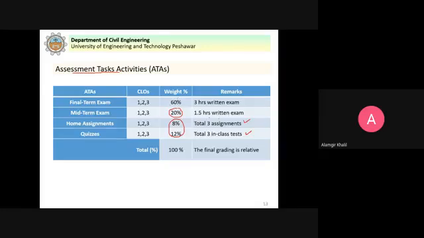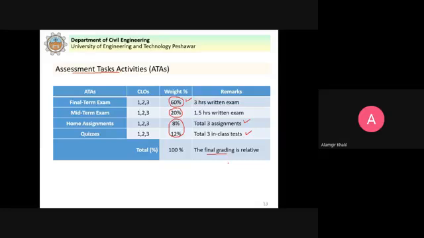and the final term weightage is 60%, and it is a 3 hour written exam, and it will cover the full course. That's why the percentage is more. So the final grading, that is relative. We have relative grading for